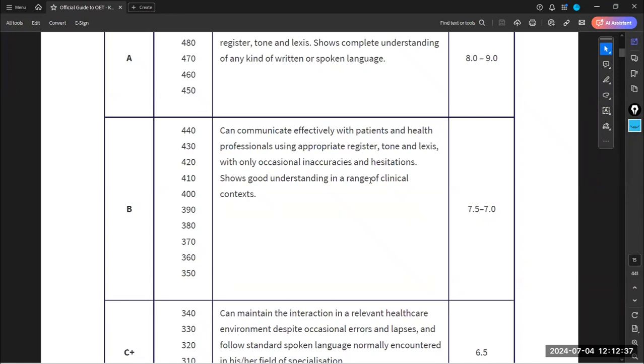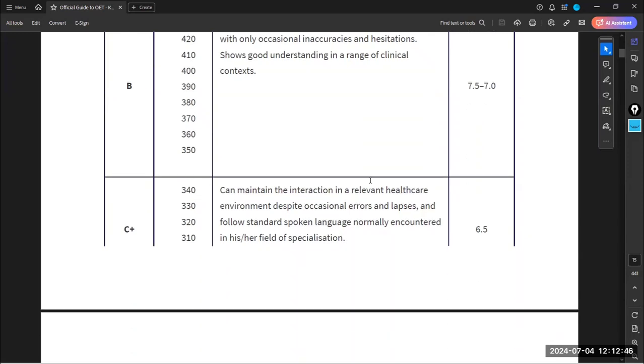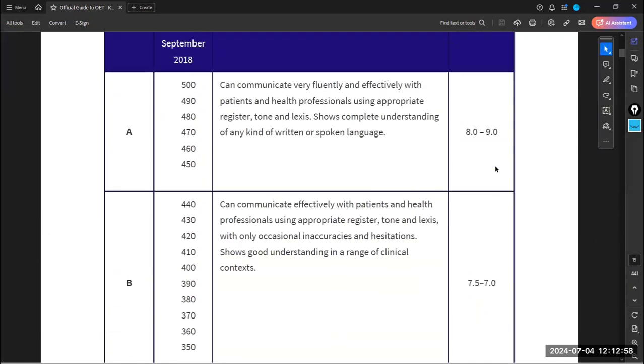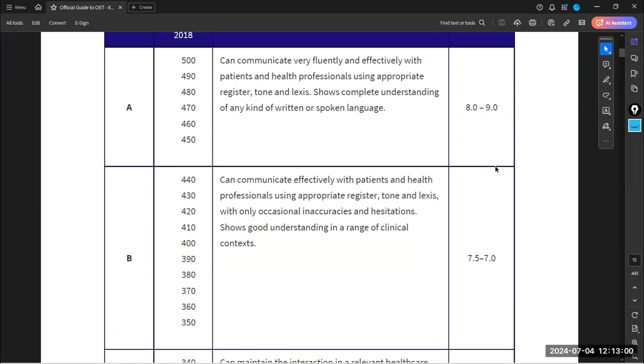I am sure, Joel, that the university that you are applying for, I think they asked you about the band that you have to achieve in the OET exam. Yes, now, they want B in everything and C for writing. C for writing. It's writing a letter. I don't think that writing a letter is that hard, Joel. But absolutely, you have to have enough medical vocabulary just to be able to write the letter.